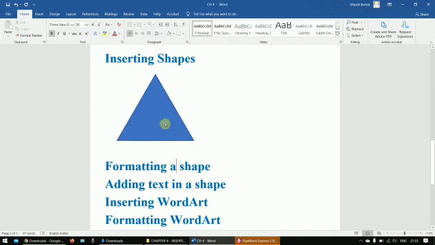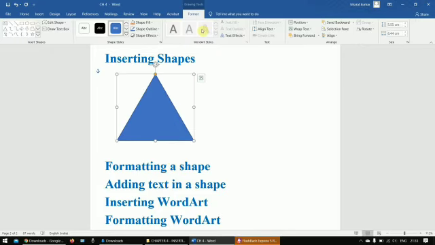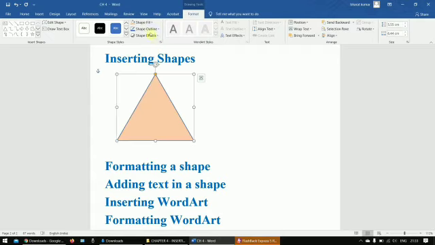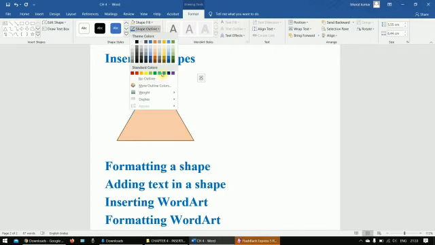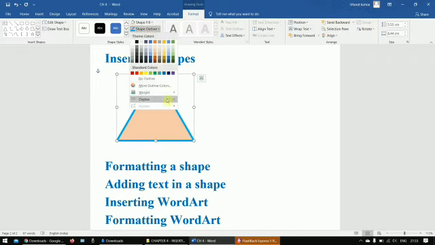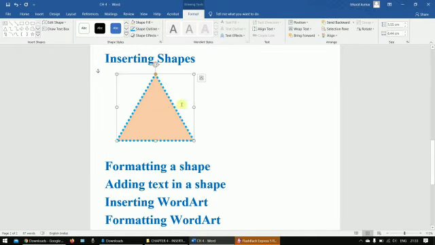And next, student, if you want to change the layout of your shape, you can do it very easily. See, this is your color. So choose your color by using your color box, and if you want to fill it, you can fill. You can change the outline of your shape, as well as if you want to change the outline design, you can also.